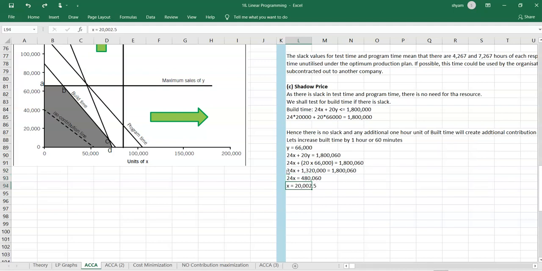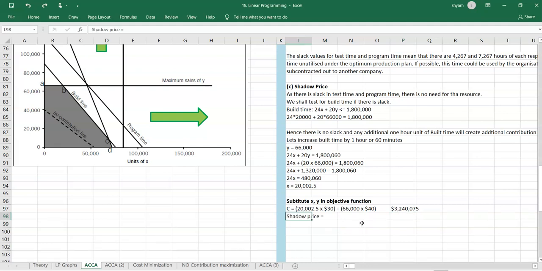So x comes to 20,002.5 units, and y is 66,000 units, the same. Now we will find out the new contribution with these units. If we put this in the objective function, the answer will be 20,002.5 units into 30 plus 66,000 units into 40. If you put it, the answer comes to